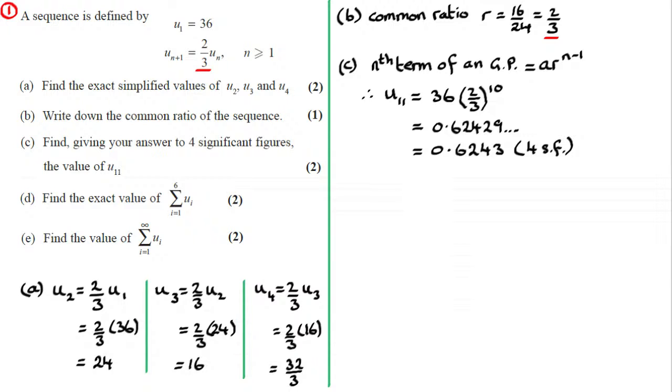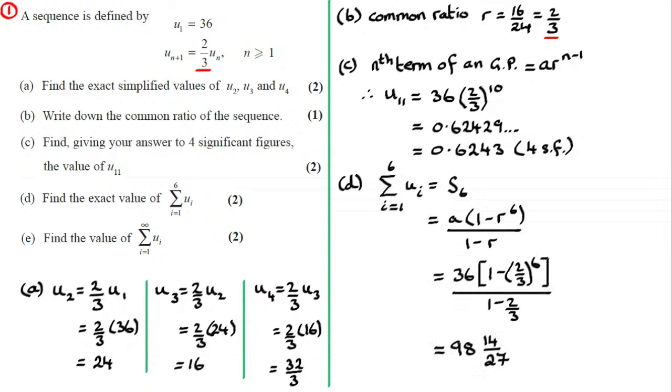Now D, we'll go for D quickly. We've got find the exact value of the sum. This is the summation sign, i going from 1 to 6 of u subscript i. So that's the sum of the first 6 terms. So that's S6 in your formula. So there's your formula, and substitute your values in, and you should get this horrible fraction, by the way, and that's why it said find the exact value, obviously. An awkward value,